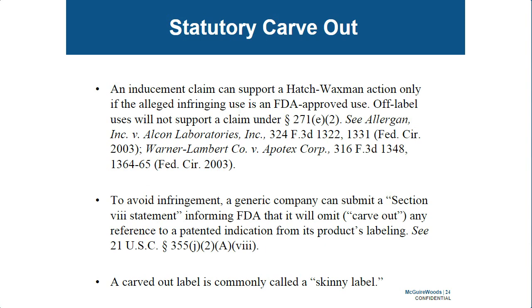Usually, generic drug companies will copy the branded drug company's label, but the statute allows them to carve out, that is, to omit a patent indication. So a label may have several indications, one of which is protected by a patent. The generic drug companies would then omit that patent indication from the label, thereby avoiding inducing others to infringe that indication, and thereby avoiding